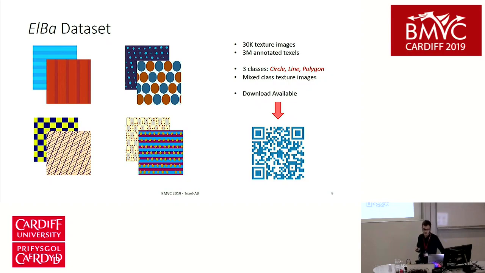For each image, we also create pixel-level annotations, such as the segmentation mask for each single texel, and a classification based on geometric shape. In this work, we consider three classes: circles, lines, and polygons. The dataset is available for download on our project page, and we use the training partition of this dataset to